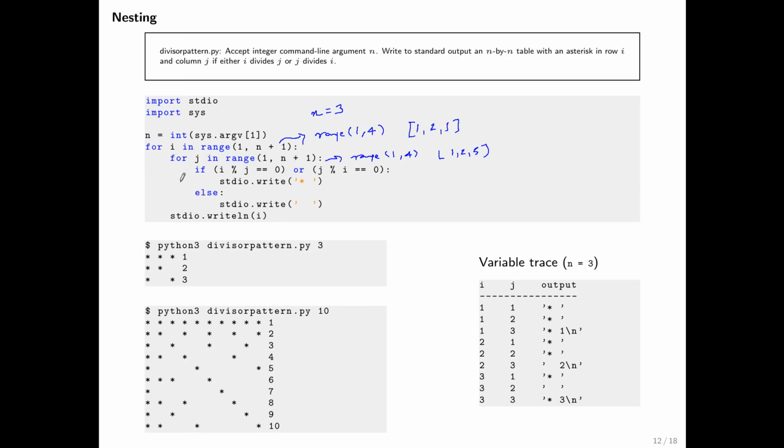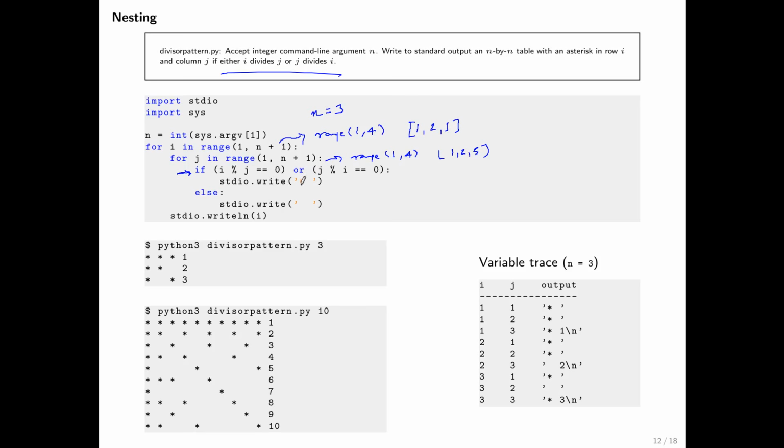Okay, and then what we do here is we have an if statement inside of the inner for loop where we implement this idea. We check if J evenly divides I. So if J evenly divides I, this is going to be true. So this is a Boolean expression. Or I evenly divides J. This is also a Boolean expression. So we are checking if J divides I or I divides J. And if so,